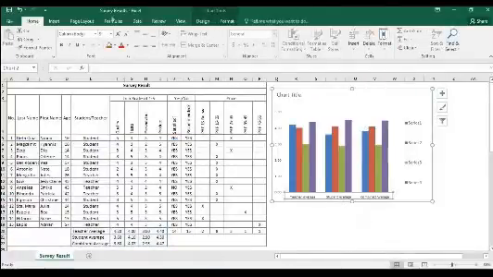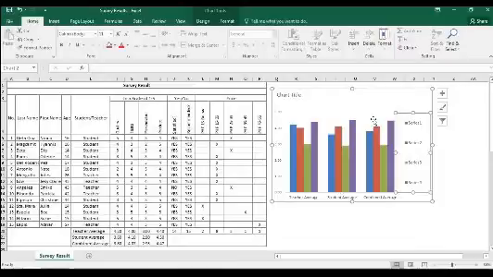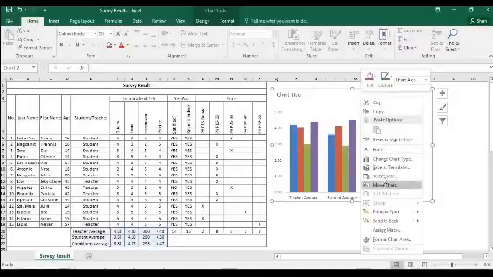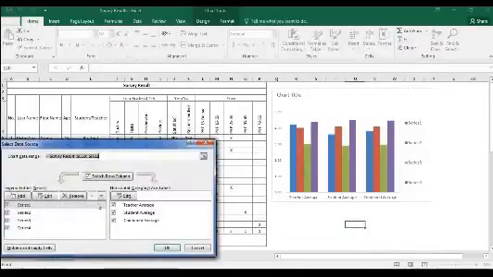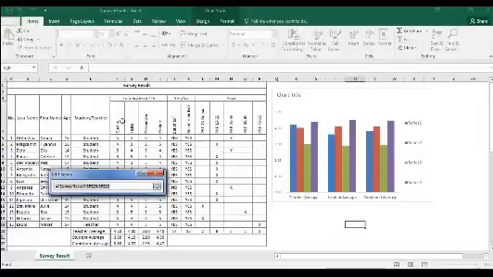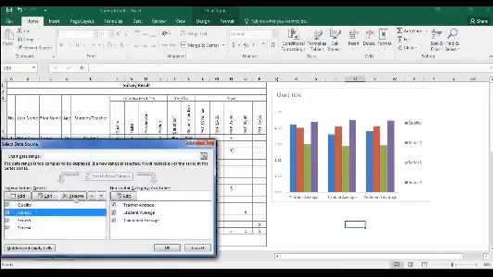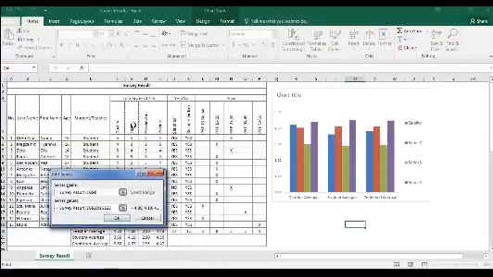Let's make it bigger. For the label, let's make it bigger so that it will be easy for us to see it. And then let's provide some labels. Select data, and then series 1, let's put a name there. Series 1 is for the quality. Then series 2, that's taste.